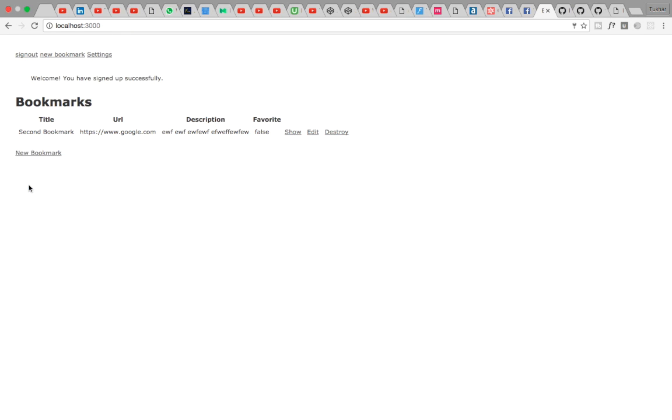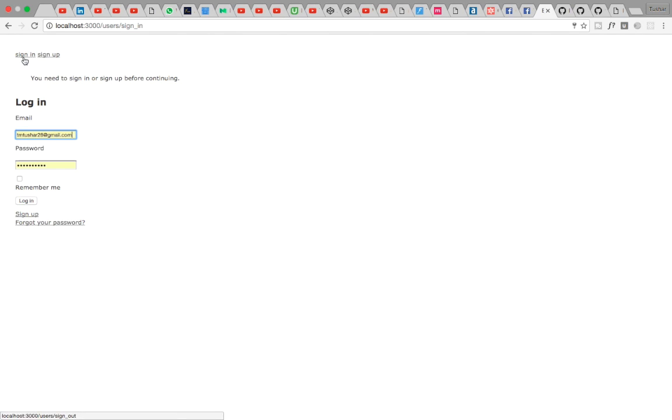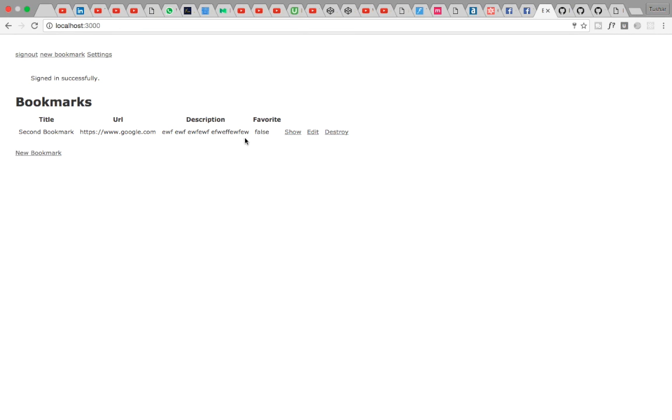I'll sign up. I'm logged in. So if you see, I can see the bookmark created by someone else, because this second bookmark is here also. And if I sign out and sign in with the second email ID, I'm able to see this bookmark that I don't want. A user who has created a bookmark should only see the list of bookmarks created by him. So what I have to do is,